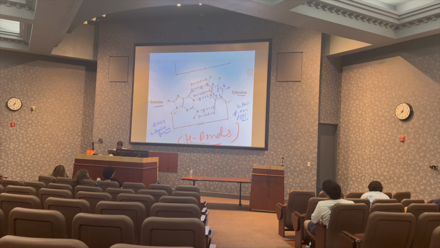So this is NCN 1, 2, 3, 4, 5, 6. So this is 2 amino 6 oxy. Yes or no? 2 amino 4 oxy purines. Anyway, the whole point is you should learn how the structures are made and how